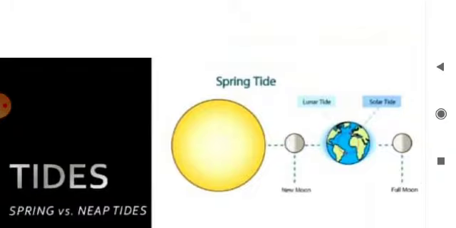When the sun, earth and moon are in a straight line, as they are at full moon and new moon, the gravitational force is at its greatest because of the combined force of sun and moon as they are pulling together. At this time, the high tide is very high and the low tide is very low. These types of tides are called spring tides.